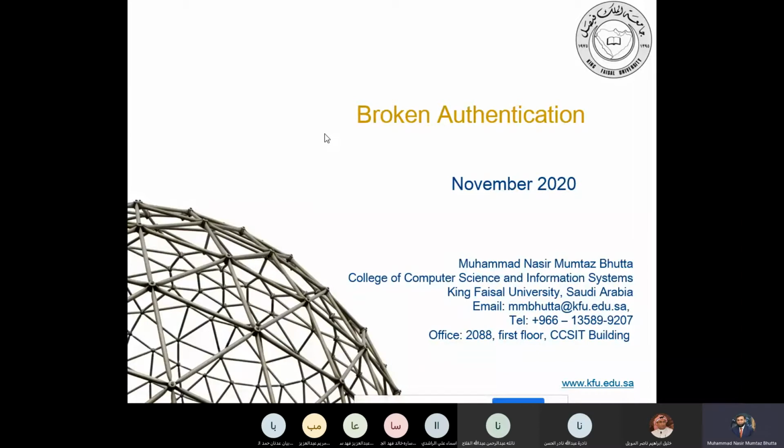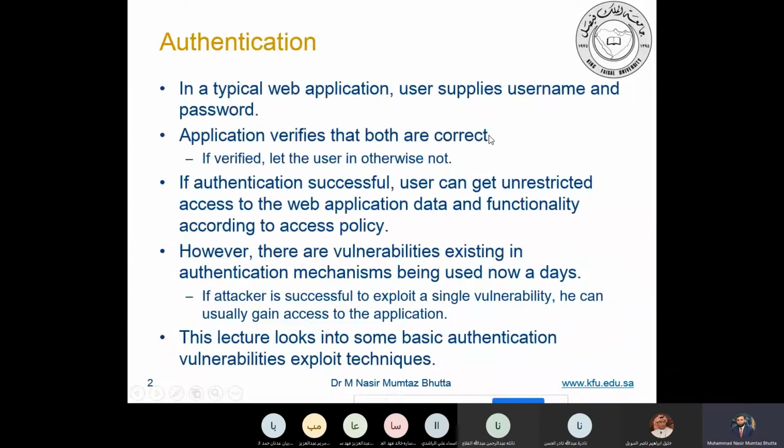Broken authentication means breaking the authentication. We know that in a typical web application, authentication is done using username and password, which means the application verifies that the user is the person they claim to be. So it is the right person. How do they verify?